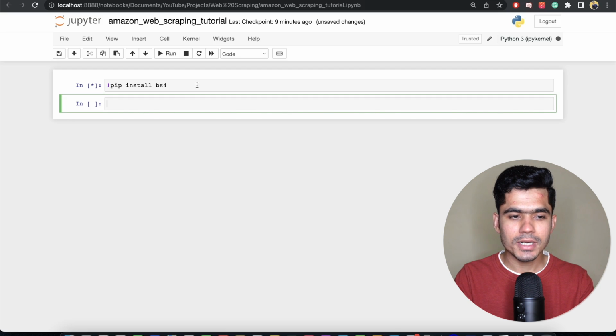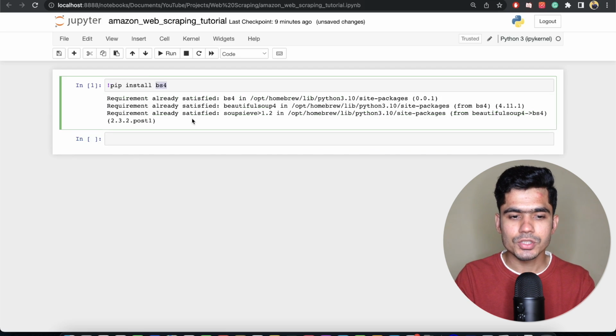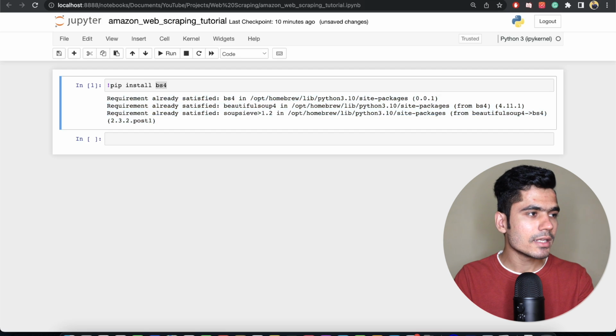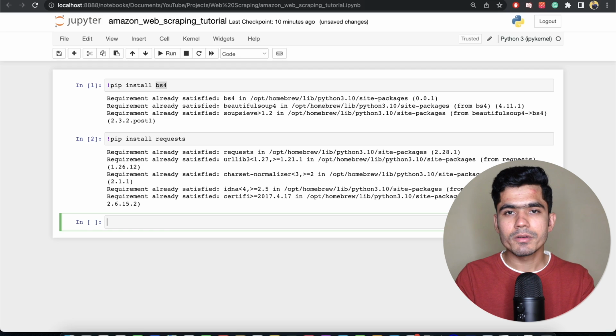So all you have to do is write pip install bs4 and it will install Beautiful Soup on your PC. I already have it installed, so it is telling me that the requirement is already satisfied, but if you don't have it installed, it will install from scratch. Second thing is you need to install requests because we will be sending requests from our local PC to the Amazon